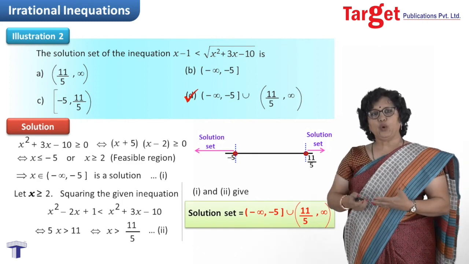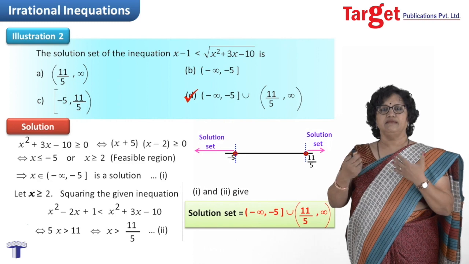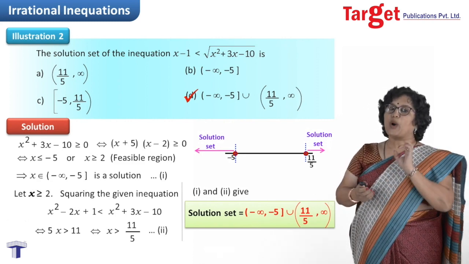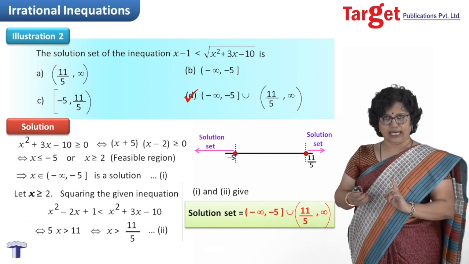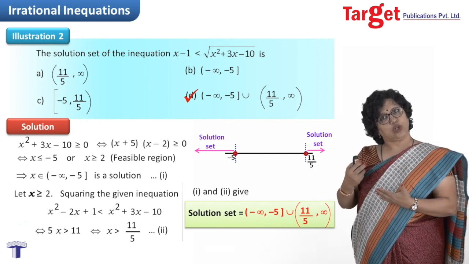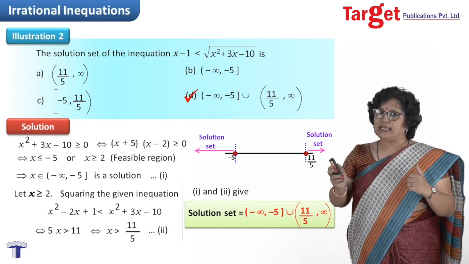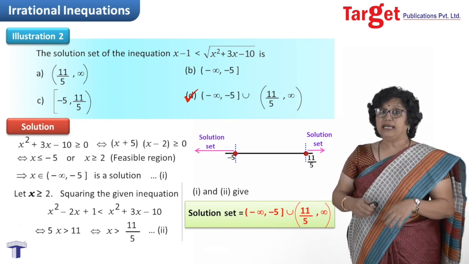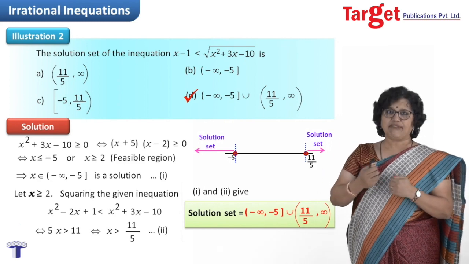So in these two small illustrations, we have understood how we solve irrational inequations. Care we have to take is that the quantity of which we take the square root has to be a non-negative quantity, and the answer for the square root is also to be taken as a non-negative quantity. So in all, in that basic algebra part, we have learned lots of things, and please remember that these ideas are to be used in following chapters wherever they occur.